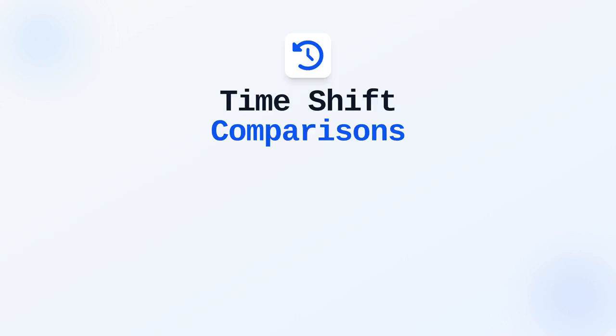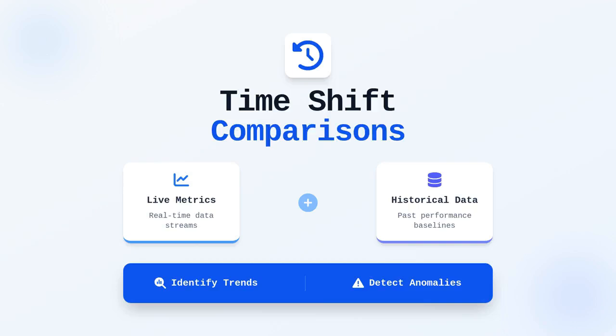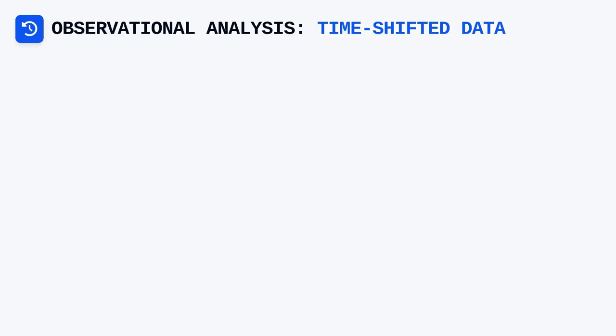Welcome to the chapter on time shift comparisons. We will explore how to overlay historical data onto live metrics to identify trends and detect anomalies. In observational analysis, the ability to place current performance in a historical context remains one of the most powerful tools in our diagnostic arsenal. By leveraging time-shifted data signals, we move beyond simple real-time monitoring and begin to understand the